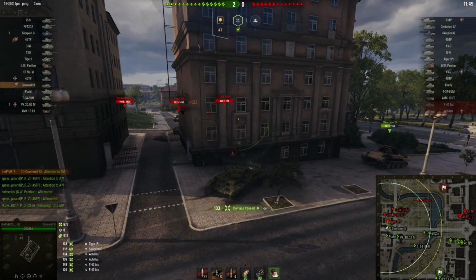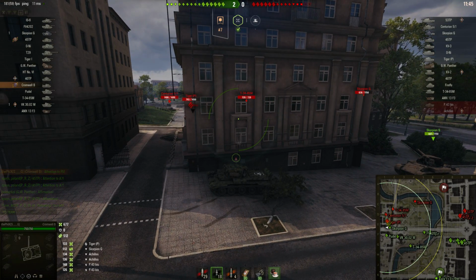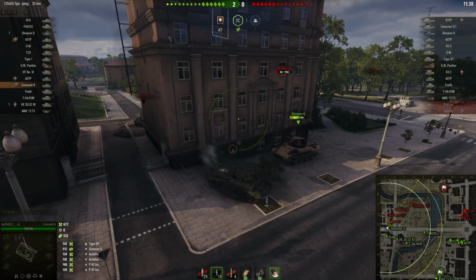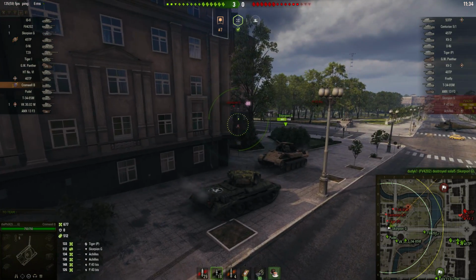So yeah, the Cromwell B, who doesn't know this living British legend? It's well known for actually being one of the best tier 6 medium tanks in the game. But why is that actually? Well, it's basically a T67 at tier 6, but as a medium, since it's a little faster than the T67